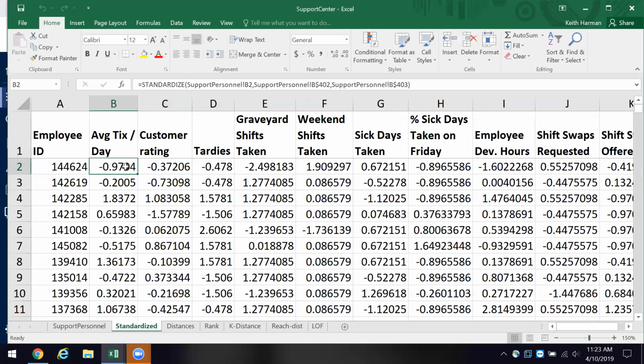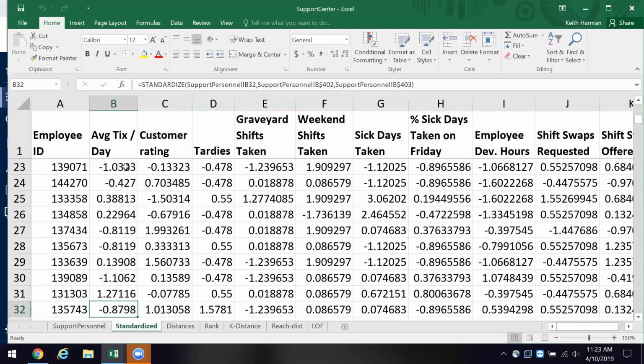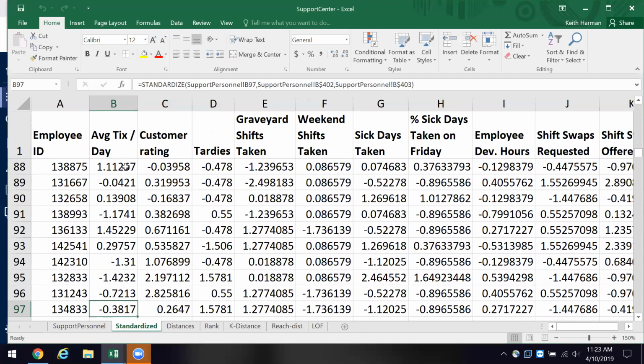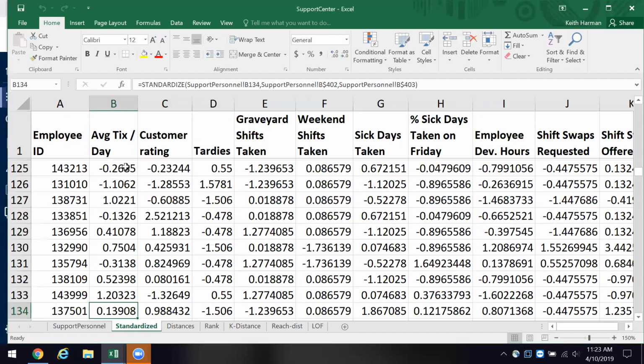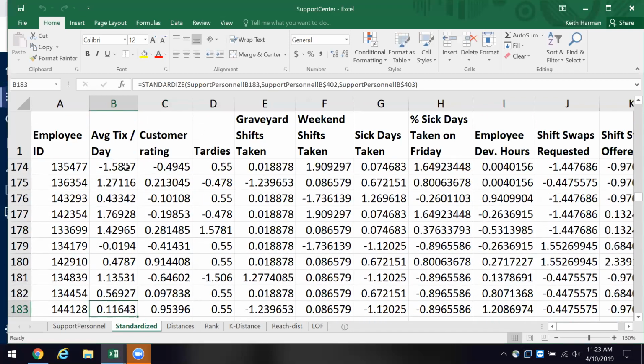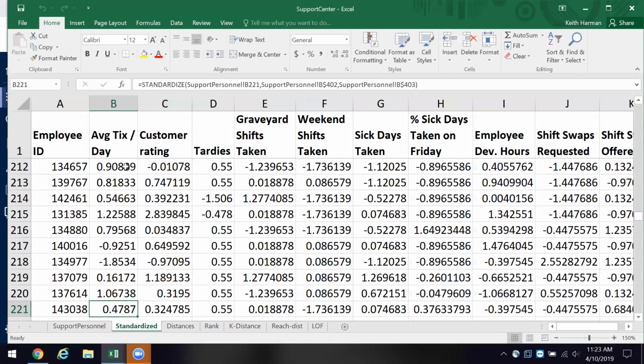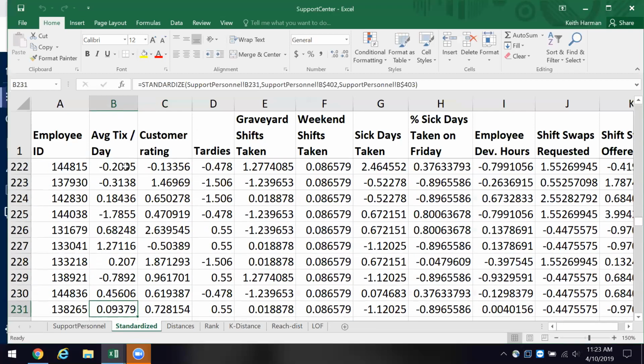And that means it's further away on that so-called bell curve. So that's what's going on here. And we'll just go all the way on down here to 402. So we're standardizing the data so we can compare them. We're cleaning them up.